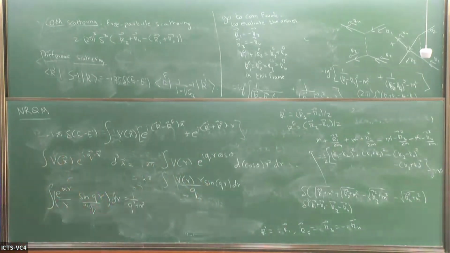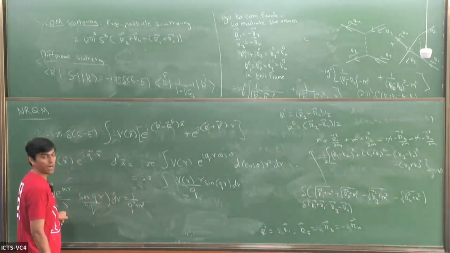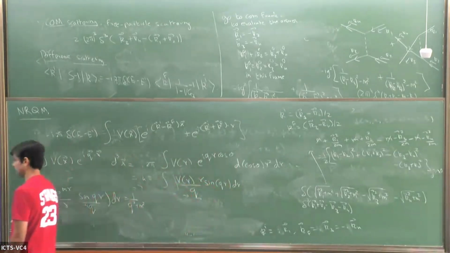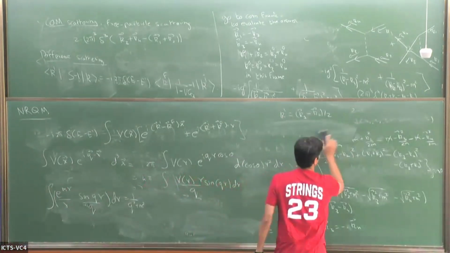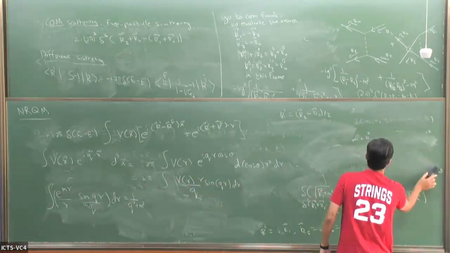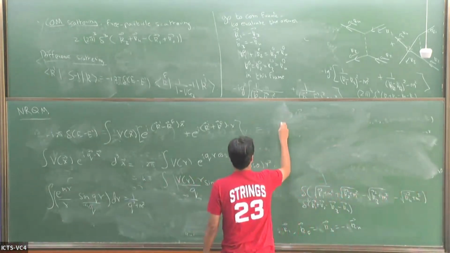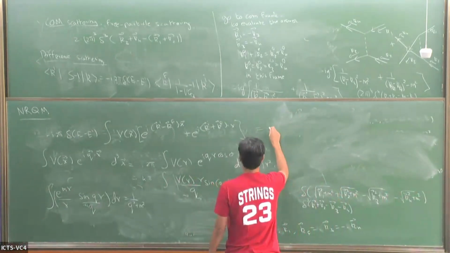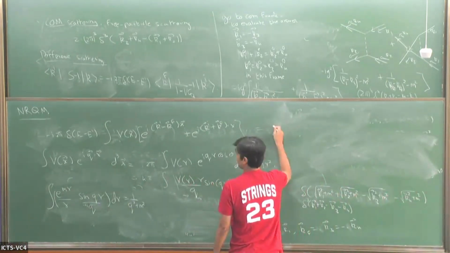So you see that if you take v of r to be e to the minus mr by r, then this answer will become, up to various factors, and let me try to keep track of factors to the extent I can, 4 pi and maybe 8 pi squared,